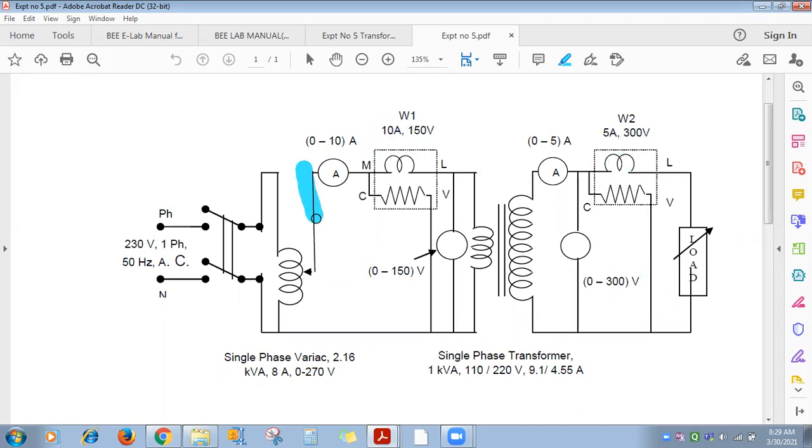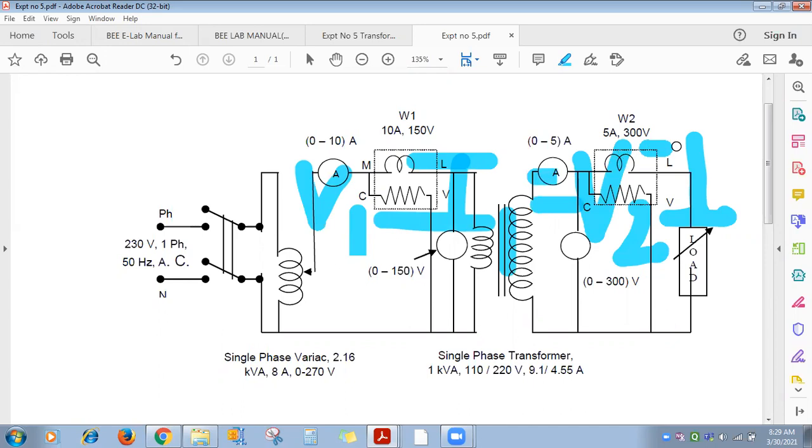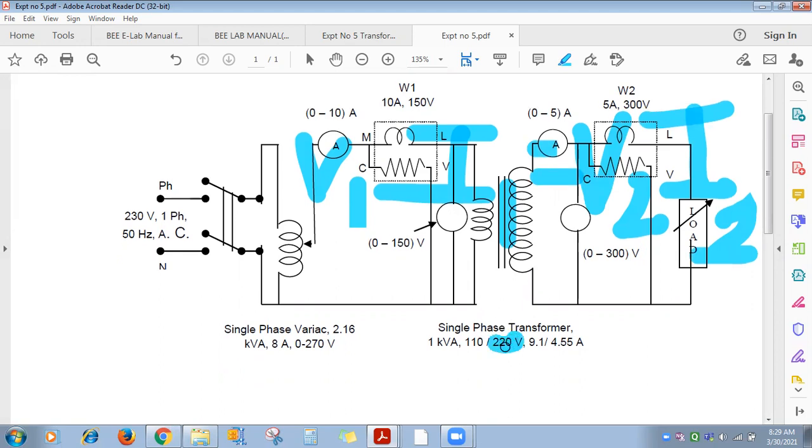Now see, in the transformer you will learn V1 I1 is equal to V2 I2, in the third unit. What does it mean? V1 and I1 are inversely proportional, and V2 and I2 are inversely proportional to each other. It's a step up transformer. Voltage on secondary you are going to increase compared to primary, means obviously I2 compared to I1 will be less, isn't it? Sorry, reverse I told: more current range is required on primary and less current range is required on secondary.